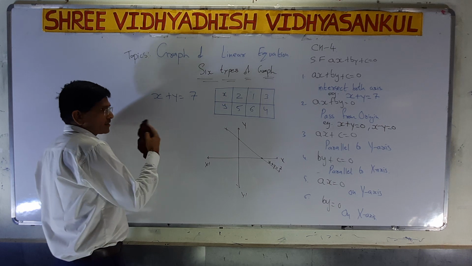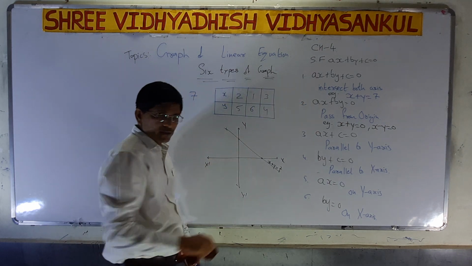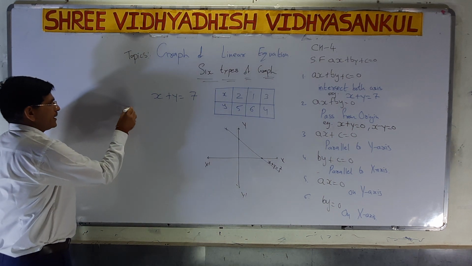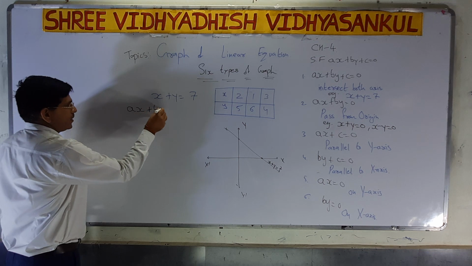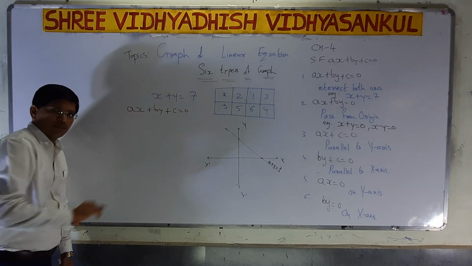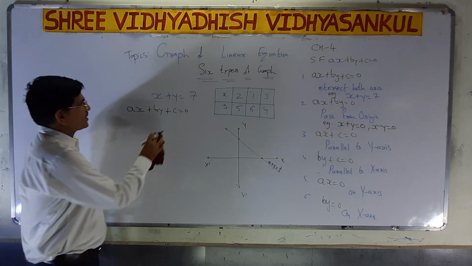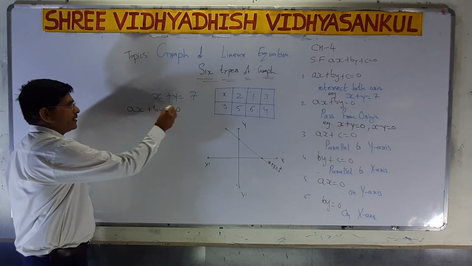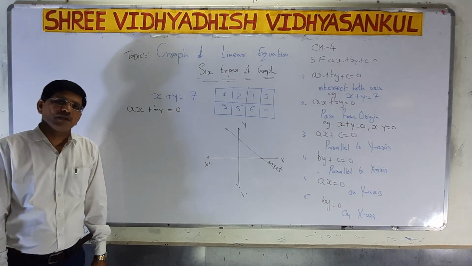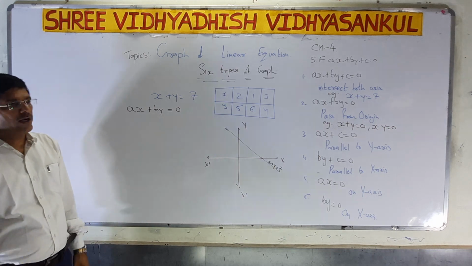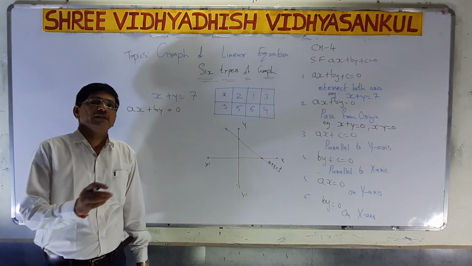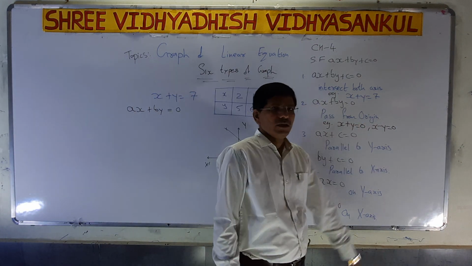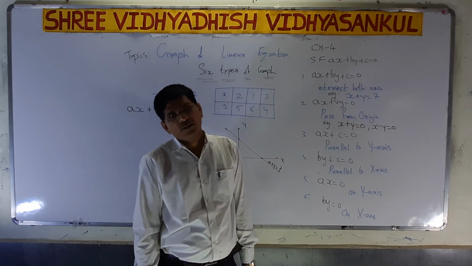Now we want to discuss the second, that is ax plus by. The standard form is ax plus by plus c is equal to 0. Here it is the standard form. Now if I remove the constant c from the equation, then the equation is in the form ax plus by. So the constant term is removed. Now when the constant term is not in a question and only ax plus by is present, the graph always passes through the origin.